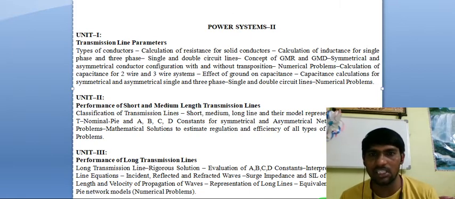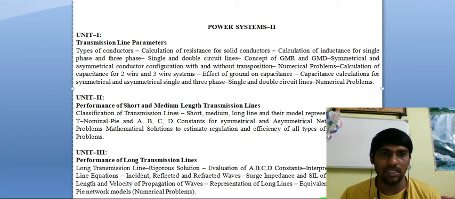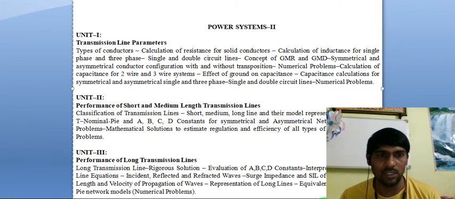In our syllabus we are completely focusing on the transmission line parameters and how we are going to calculate the performance of the transmission line. We are completely focusing on the transmission line parameters itself. In this subject we have 6 units, I told you that. Now I am going to give you a brief awareness regarding each and every unit. So first, unit number 1.